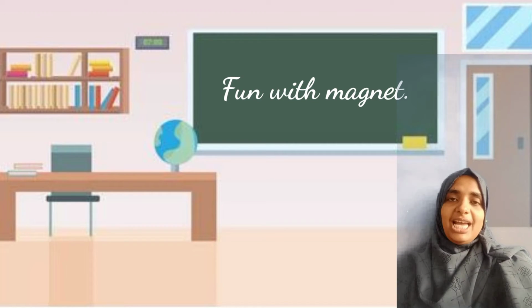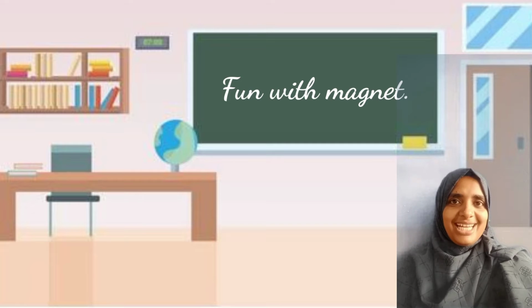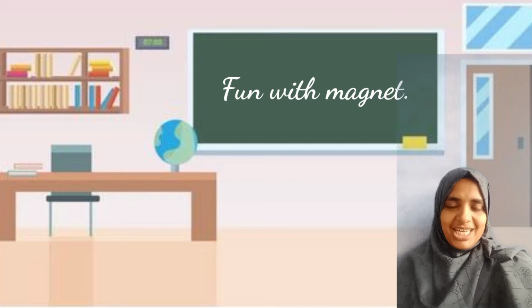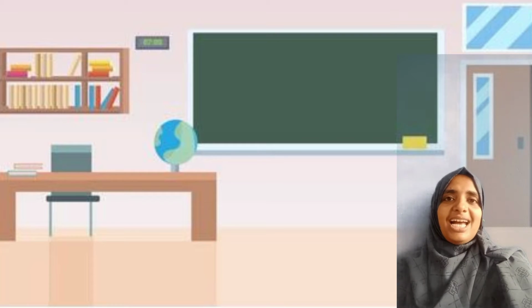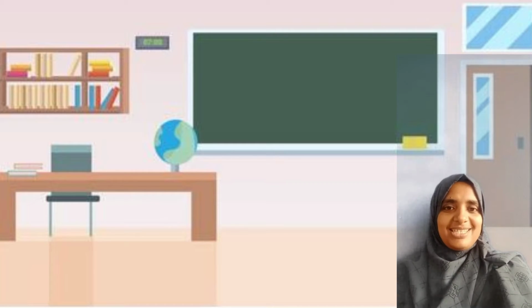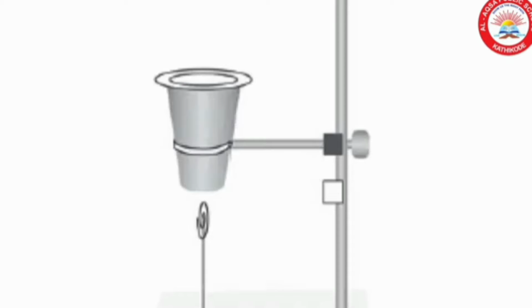Now you have an idea about what is artificial magnet and natural magnet. Now we are going to study about what are magnetic and non-magnetic substances. I have already told you to do one activity on page number 126. By doing this activity, we can see that the magnet attracts the iron clip towards it.